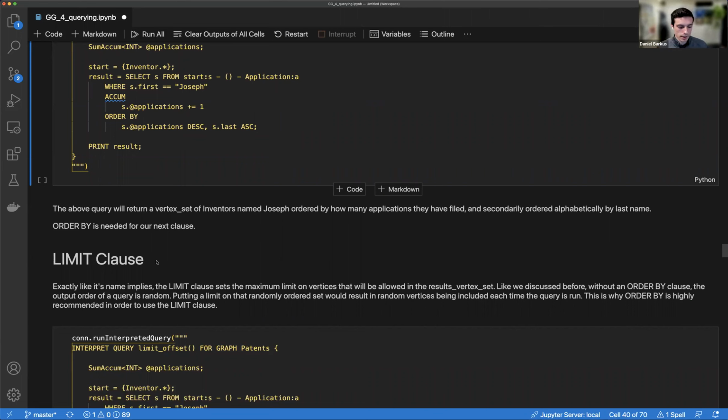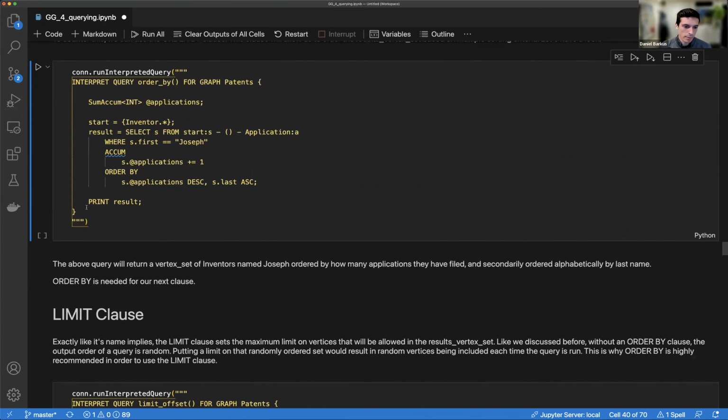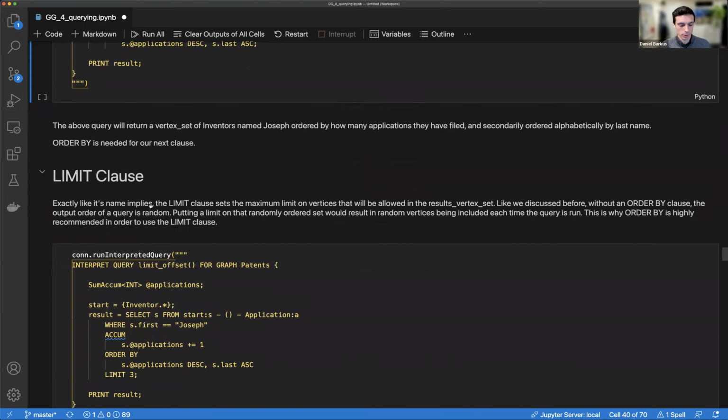But if you're doing something like retrieving results for a website, you might care about the order that those results are returned in, because that would dictate how you order them on the page. So any of that you can prevent having to do in your middleware side or on your API server. You can instead do it within your TigerGraph query, so you just don't have to worry about it later